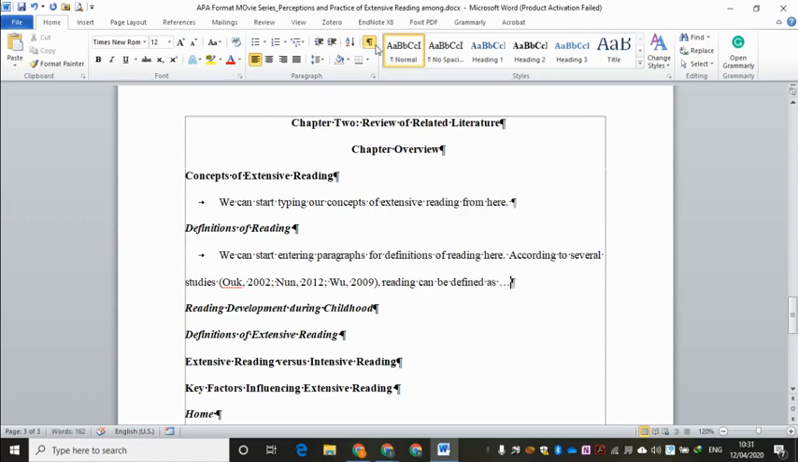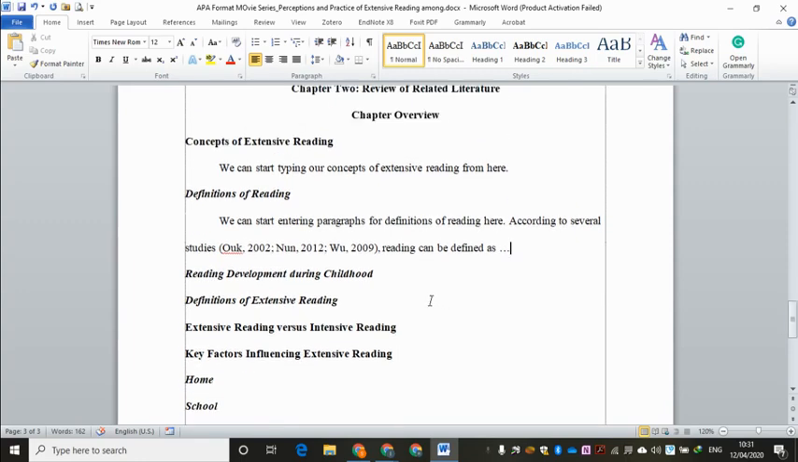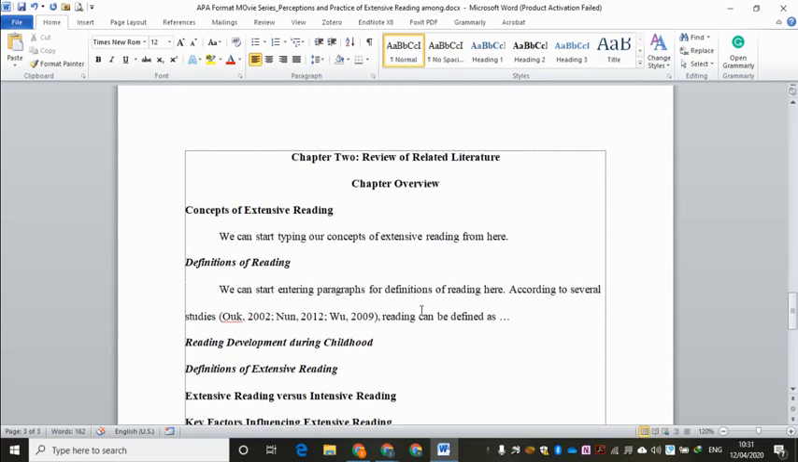So ladies and gentlemen, if I turn off the paragraph symbol, the format looks like that. I hope you find this movie useful, and we will go to movie 5,